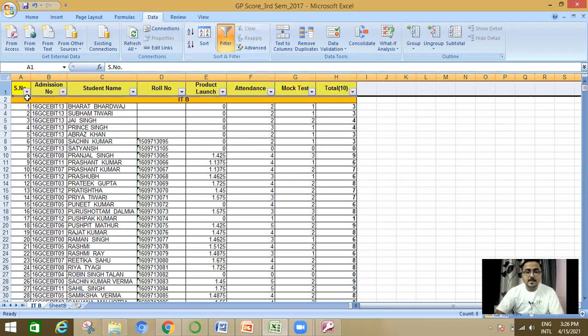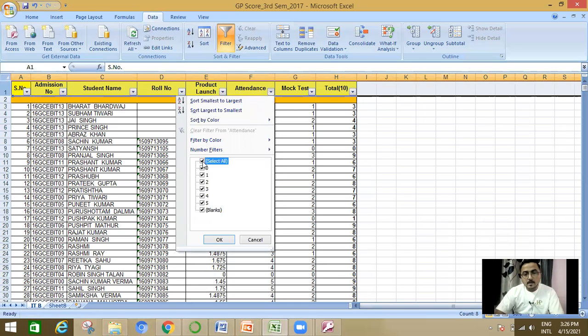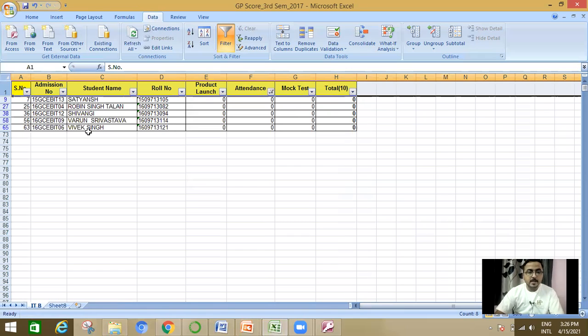You can see that a drop down menu is created in each column. Then go to attendance and choose only zeros, because you want to know who never came to your class. Click on OK. You can see that there are 5 students who never came to your class.